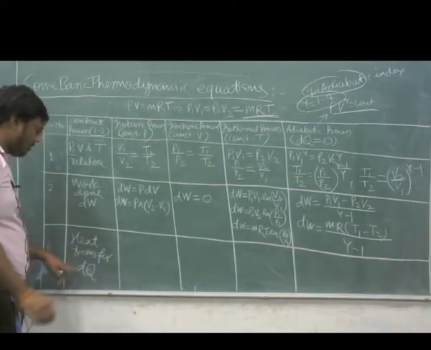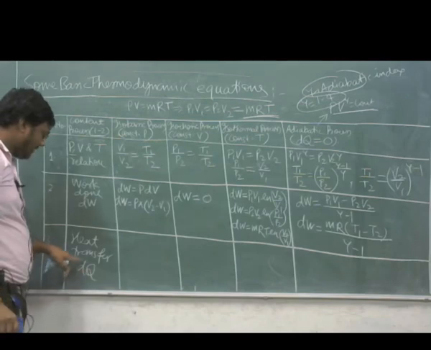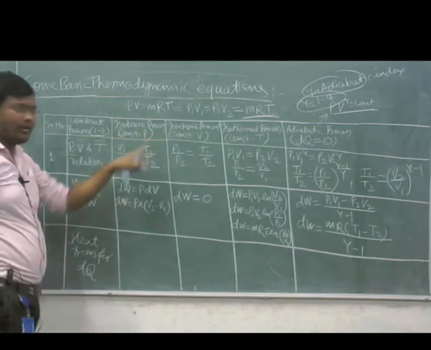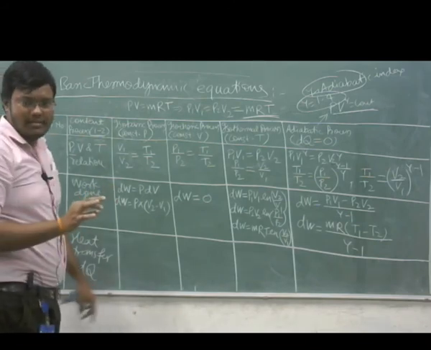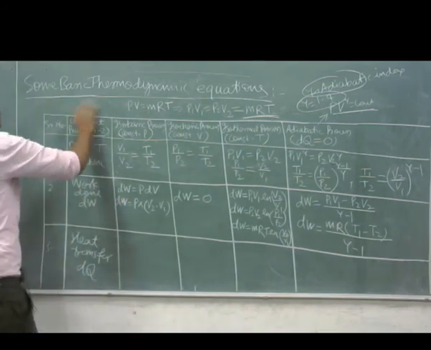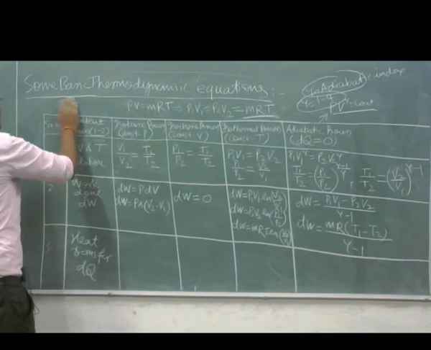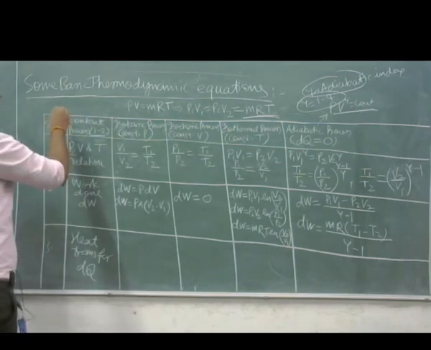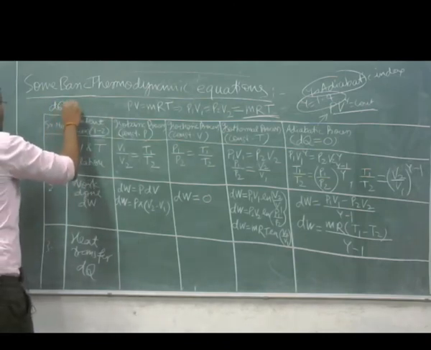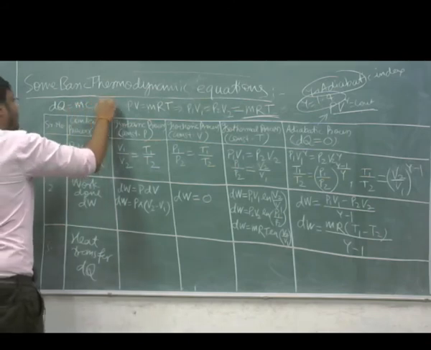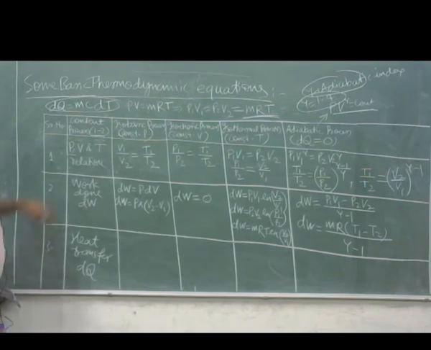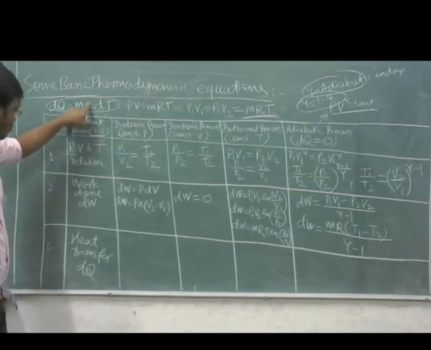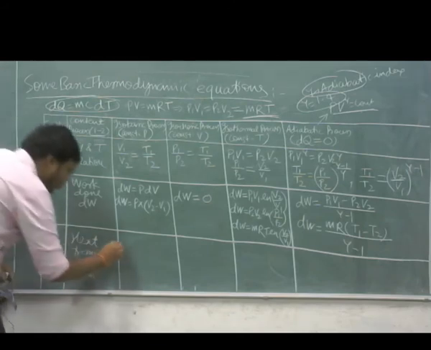Now, first we will see the formula of the heat transfer for isobaric process. For isobaric process, we know the basic formula of heat transfer. From 12th we are studying this formula: dQ is equal to mc delta T, where small c is specific heat. So here we can write the formula dQ is equal to